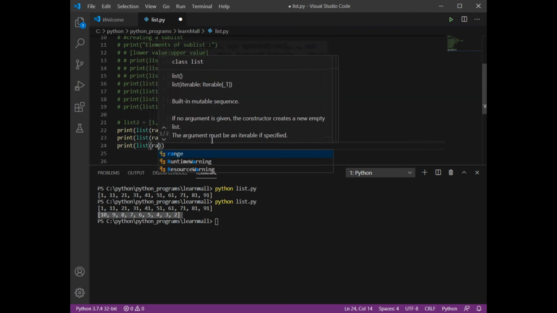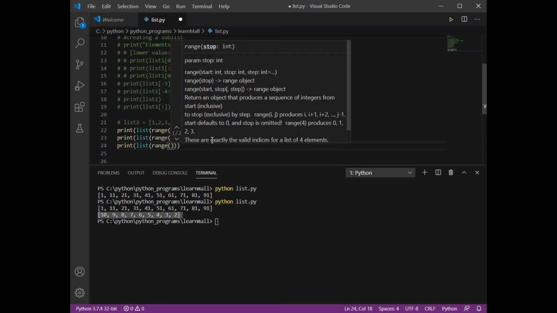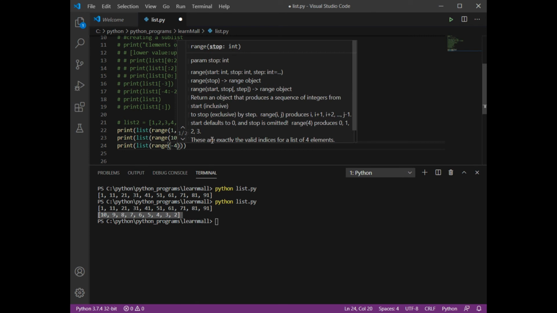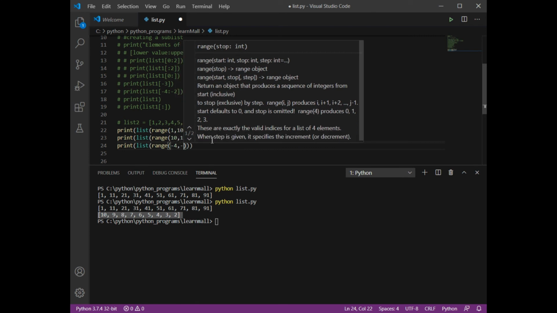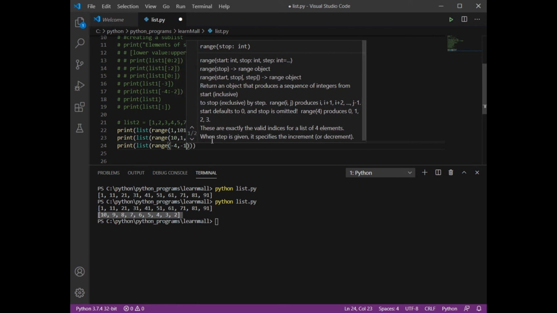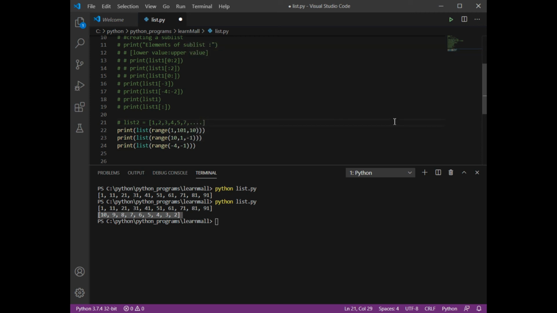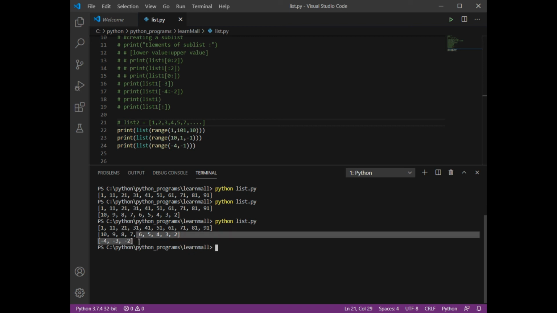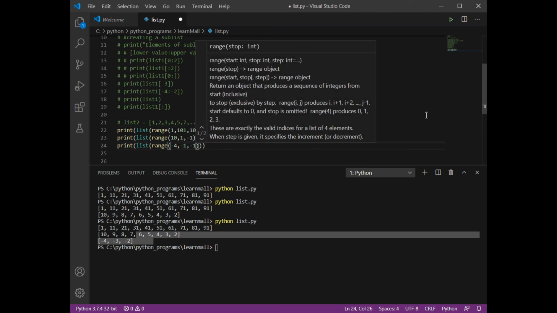Inside list you can write range. Inside range I can specify, okay, start from -4 and move till -1. Now by default it is going to increase the value by 1, which is actually what I want. So I'm going to run it and it is going to give me -4, -3, -2. Suppose by mistake I write -1 here as the start, then it won't work.